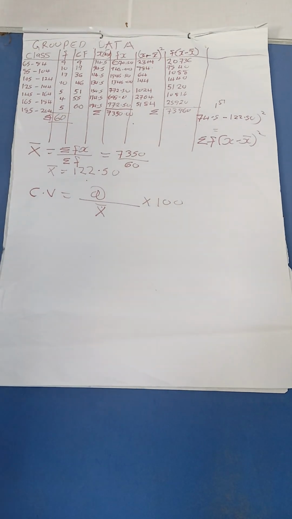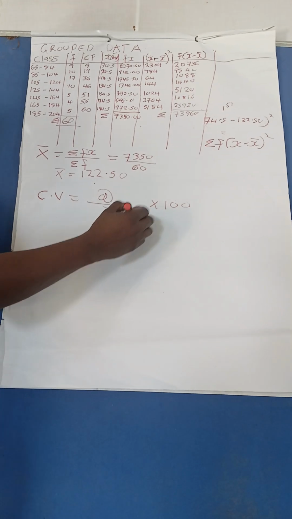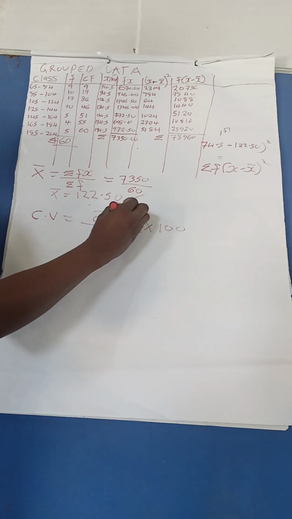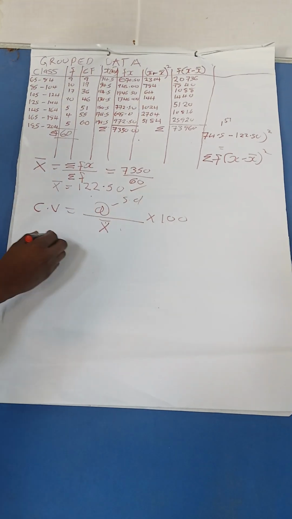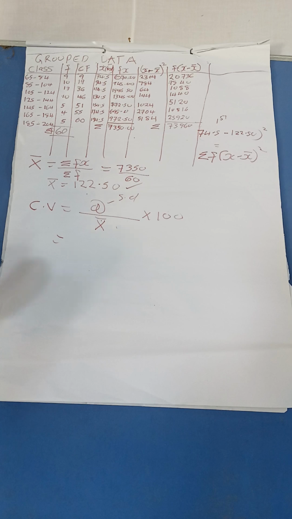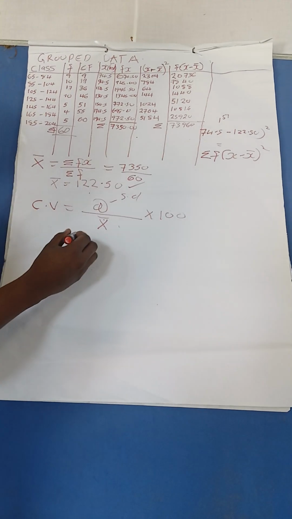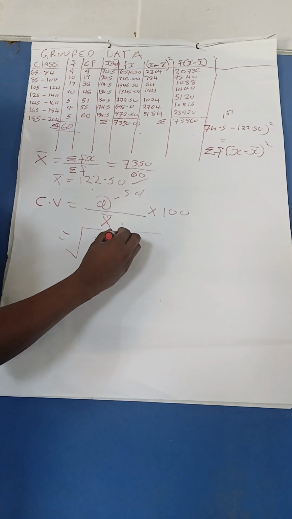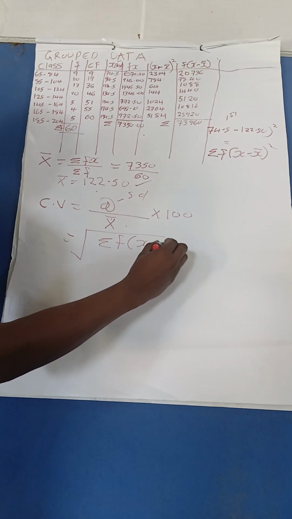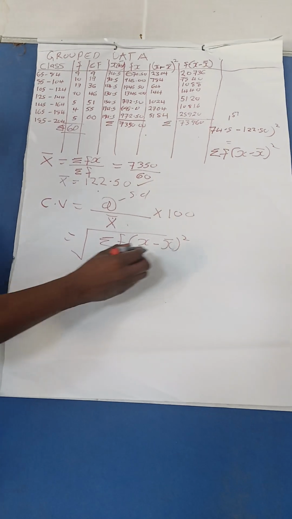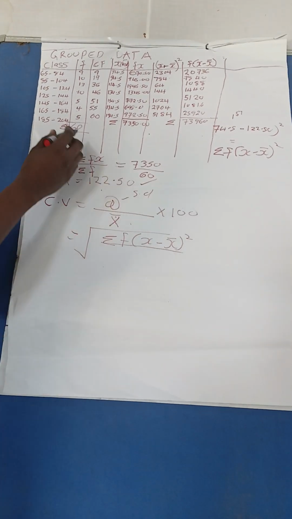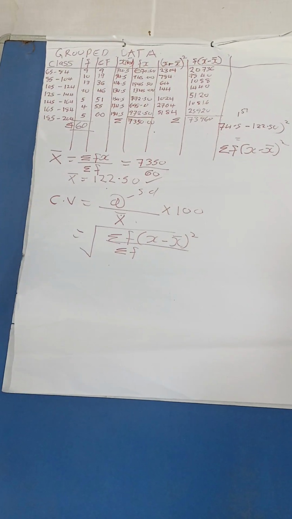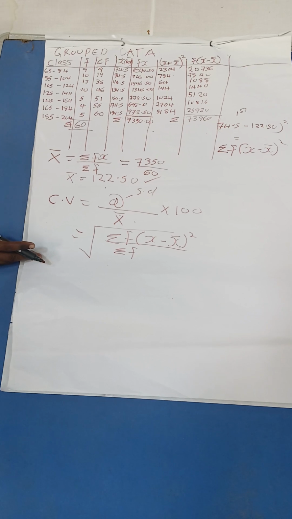You multiply by the 100. Now, already we have the mean. Already you have calculated the mean. So it means we have to calculate the standard deviation. To get the standard deviation, remember, you say it is the square root of the total summation of f in bracket x minus mean squared, you divide by the total summation of f. So you see this one is very much different compared to what we have done initially